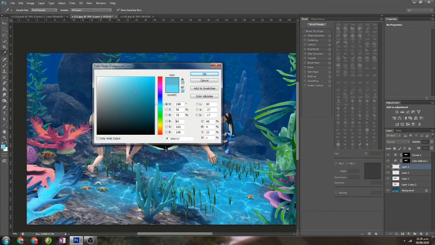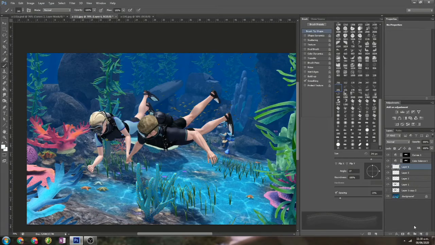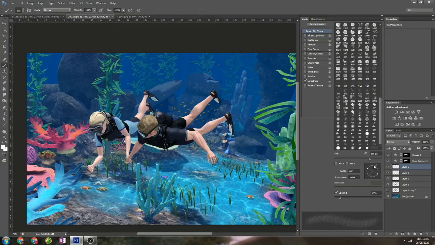We're gonna change the color of the brush to make it white and add a new layer as always. We're gonna change the size and the rotation to make it look exactly how we want, and we're gonna start applying it to this new layer. And I'm not only going to add this for my Sims, but I'm also adding it to that fish at the back. I'm gonna play around with the opacity of the bubbles because I don't want them to be too